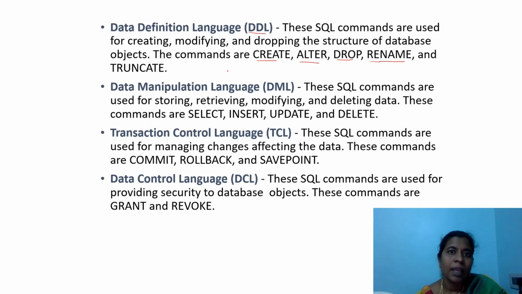If others want to use your table, then you have to grant privilege on that table to the users who want to use it. Only then can they use the table. For granting privilege, we have a command called grant. And after some time, if you want to take back the privilege, then you have to use the command called